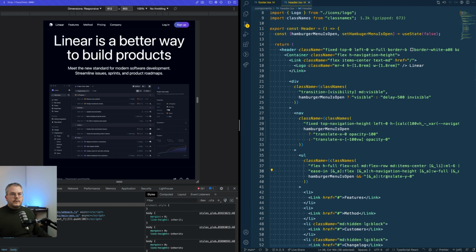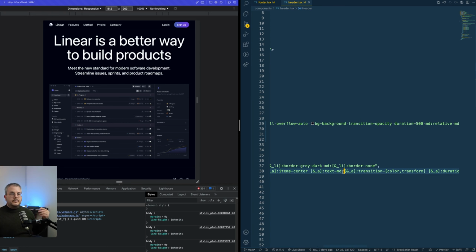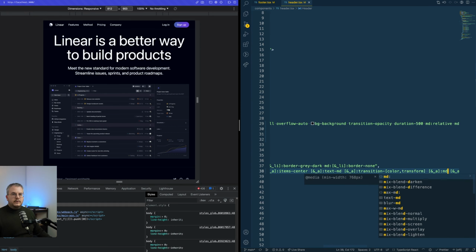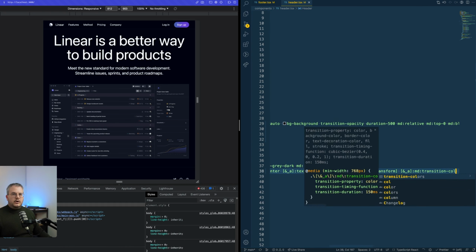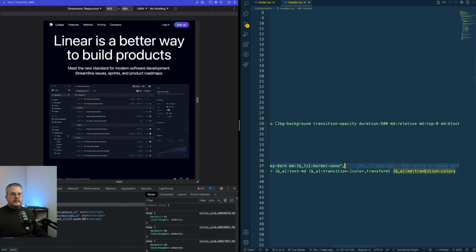Because if the hamburger is open, the translate will become 0. Otherwise, it will have a translation of 20 on the y-axis. But what we can do is, instead of applying this transition always, add in this transition again, but for medium only, and then give it transition colors. That means that on medium and up, it will only transition the colors and not the transform again. So if we save this,